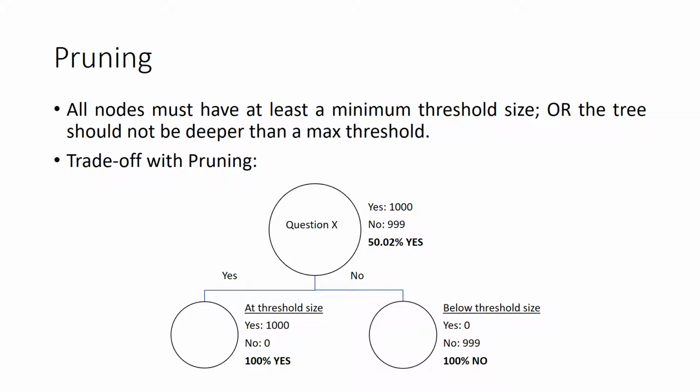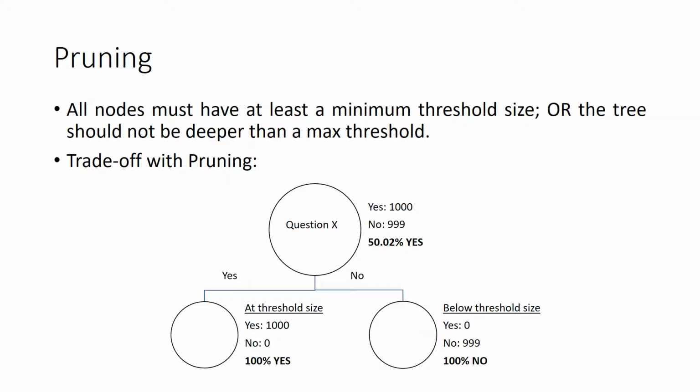You can't create those left and right children. You have to cancel them. And you'll have to declare your parent node itself as the leaf node. And the parent node has a very, very slim majority of yeses, just 50.02%. So yes wins, but very weakly so, which means we are going to be wrong quite often at this